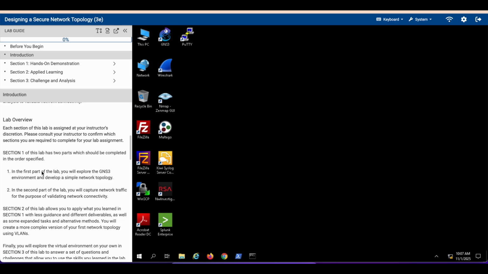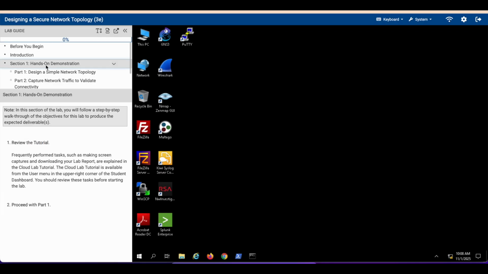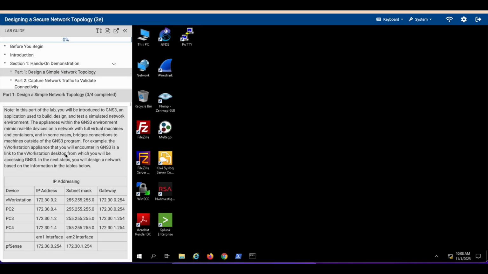And similar to the other labs, I'm going to work on section 1 of the lab here, which is divided into two parts. In the first part, we build the network topology using GNS3, and then in the second part, we're going to capture some network traffic and then perform the network connectivity validation. Right, let's get started. We're going to go to section 1, part 1, and we start with